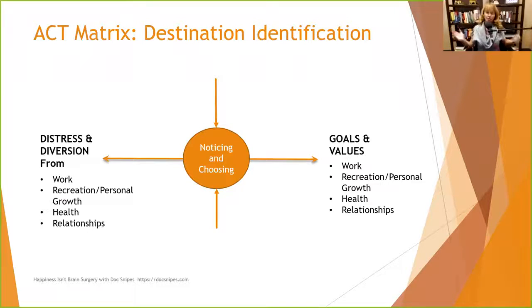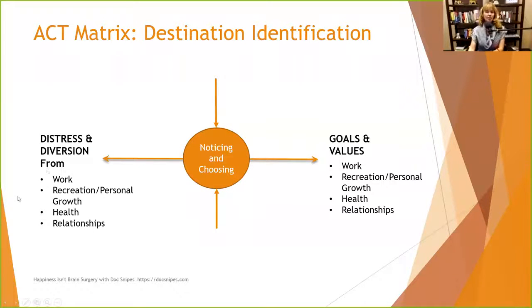And we're finally onto the matrix. The first step, like I said, is what I call destination identification. What you have is basically two ends of a continuum. The goals and values that we're going to identify, and I'm going to walk you through some of the steps I use to help my clients identify where they're going. And it changes. They do this once and they may change their goals and values. They may add to them. And as life changes, their goals and values change. Values aren't static so much. I mean, your goals may change based on life circumstances. But we want to know right now, what is most important to you?